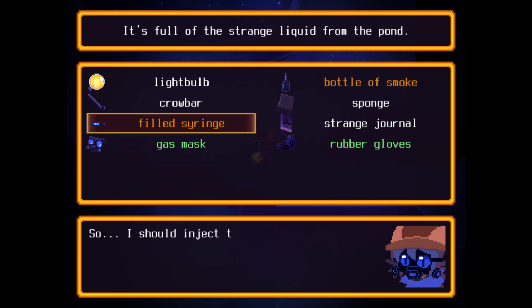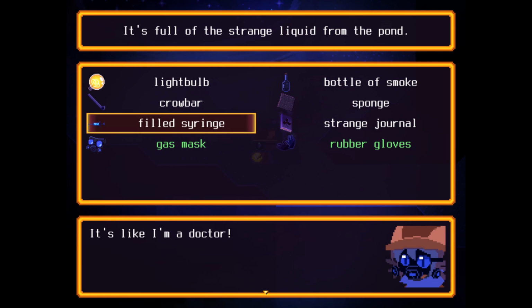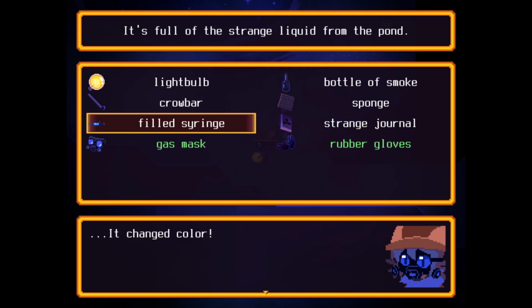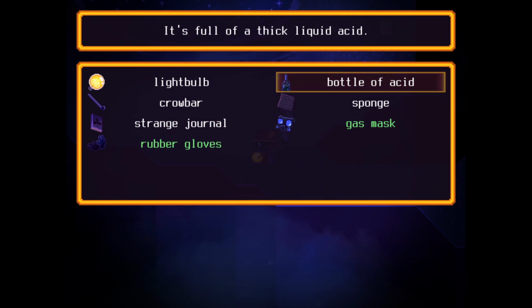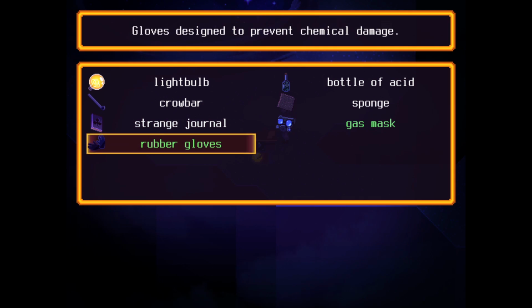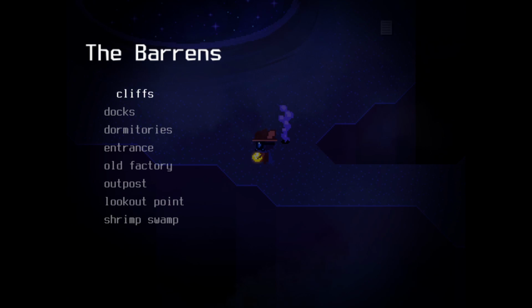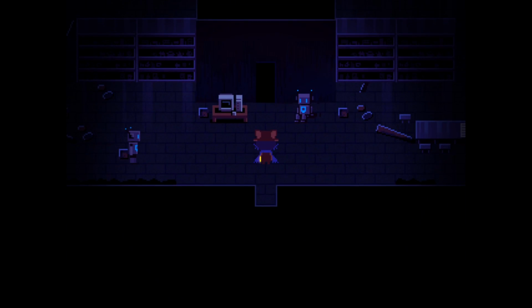Okay, bottle of smoke, filled syringe. Oh no, for some reason I thought you had to get a cork or something like that. You are not a doctor. I am a doctor. Even though I did not... I guess I could have called myself Doc or something in the game, but some bottle of cool acid. I got a sponge, got rubber gloves. I think that's pretty much everything I'm going to need to get the robot back in working order. A little bit too rusty right now, but shouldn't be too...